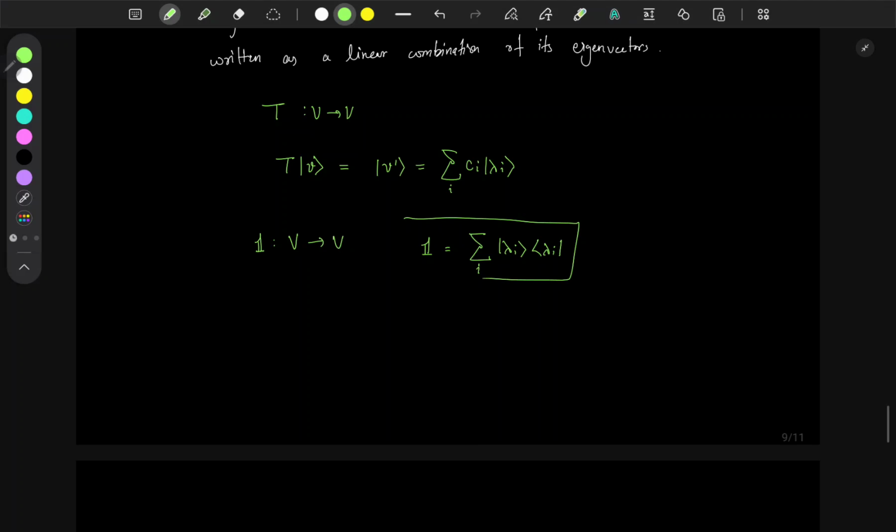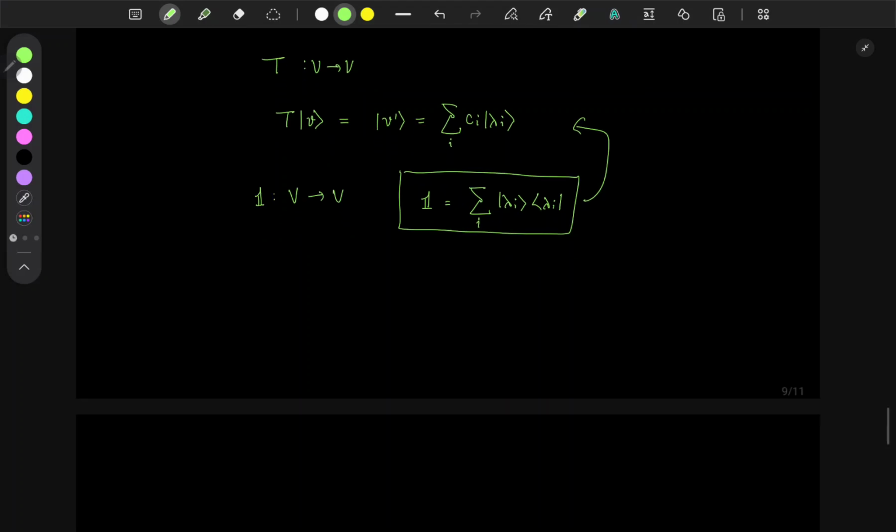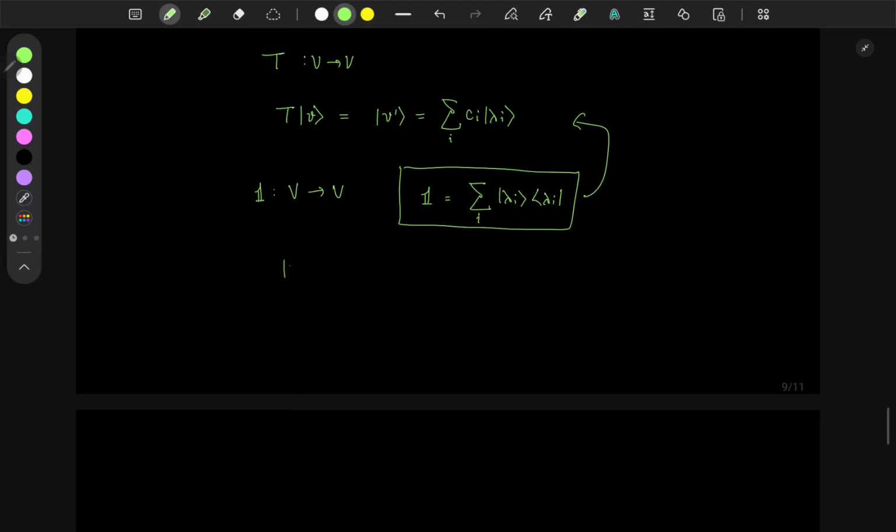This is a one-line expression for the completeness theorem. Now how does this correspond to this? It's really simple to see. V prime is identity acting on V prime. Identity doesn't change anything, and instead of this identity we can insert this thing,